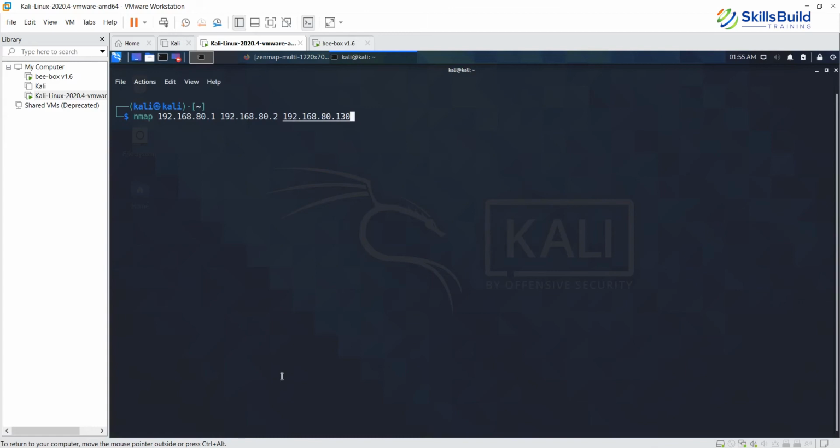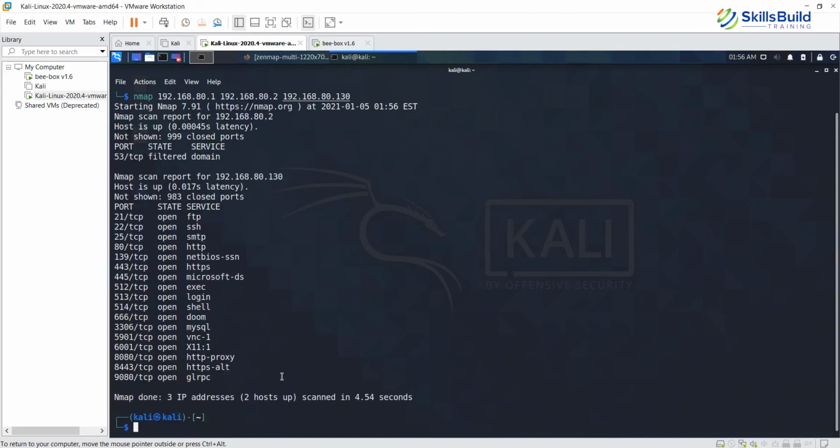You must have wondered why that previous scan did not include 130, because we had given a range from 1 till 100. If I had given a range from 1 till 130, then it would have included it and we would have seen a little bit different output. We would have found a lot of ports that would have been open. So let's just run the scan without any parameter for only these 3 IP addresses. And let's see how much time it takes.